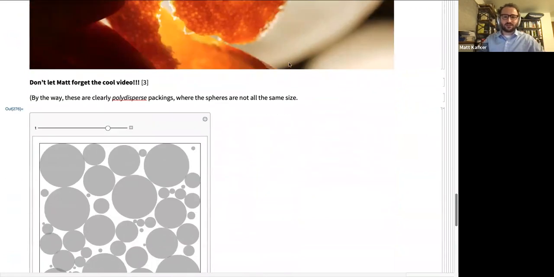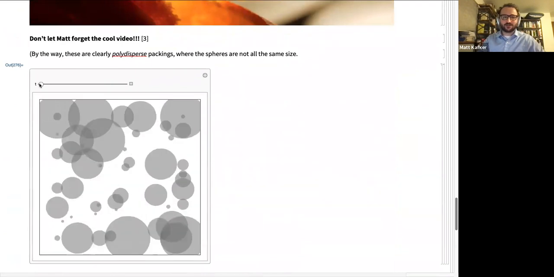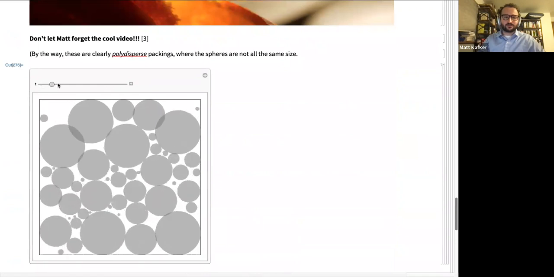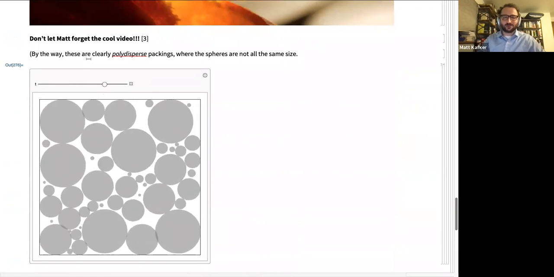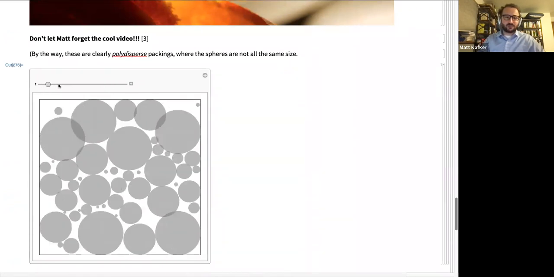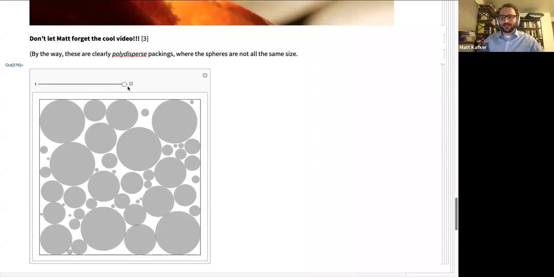Also, all of these silly examples feature polydispersed spheres, which means spheres of different radii. So we can also do that with this code. Again, not perfectly physical. There are still some regions of overlap, which shouldn't be allowed to happen. But this is, very roughly speaking, what the evolution of a polydispersed hard sphere gas will look like.